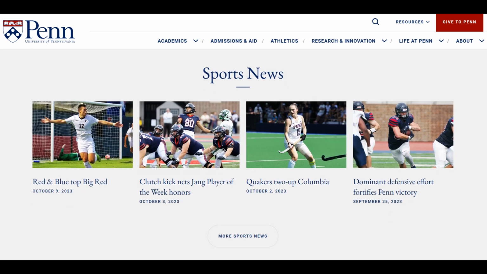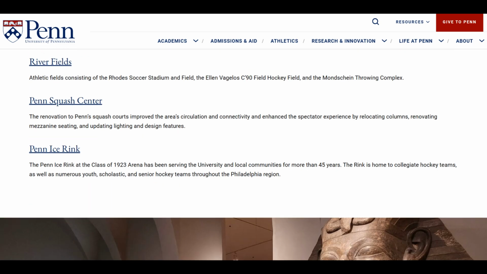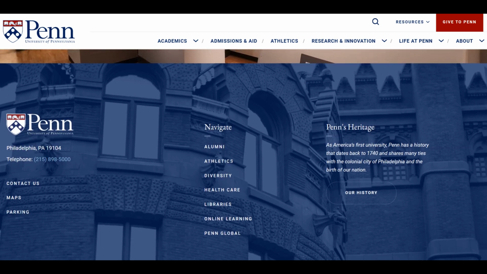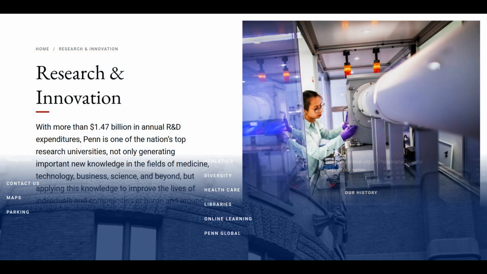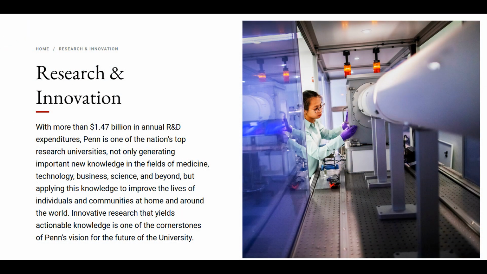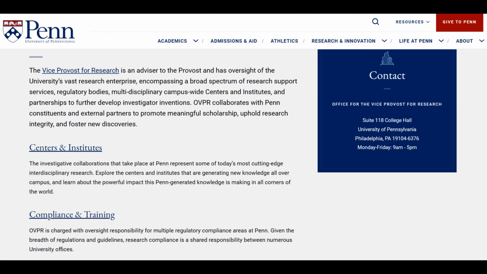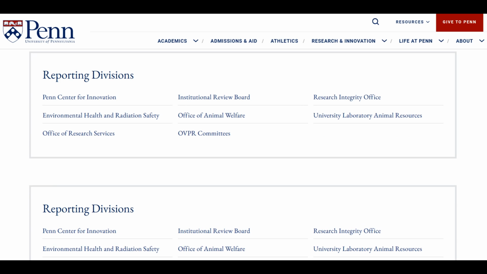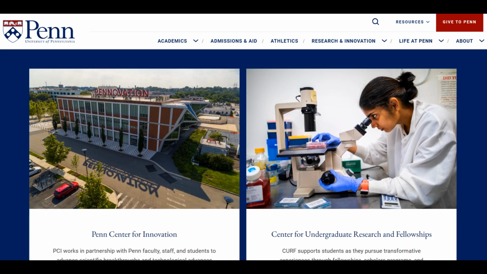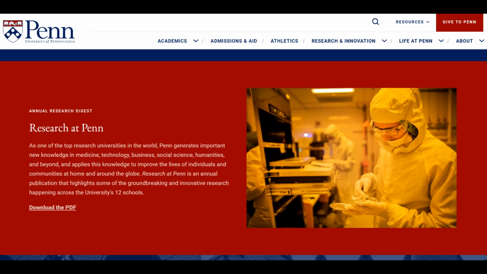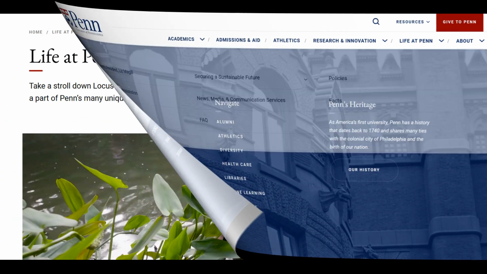Troubleshooting tips for accessing the University of Pennsylvania account. If you forget your password, there should be a Forgot Password option. Click on it and follow the instructions to reset your login details. In case you encounter any technical issues during the login process, it's advisable to reach out to University of Pennsylvania's